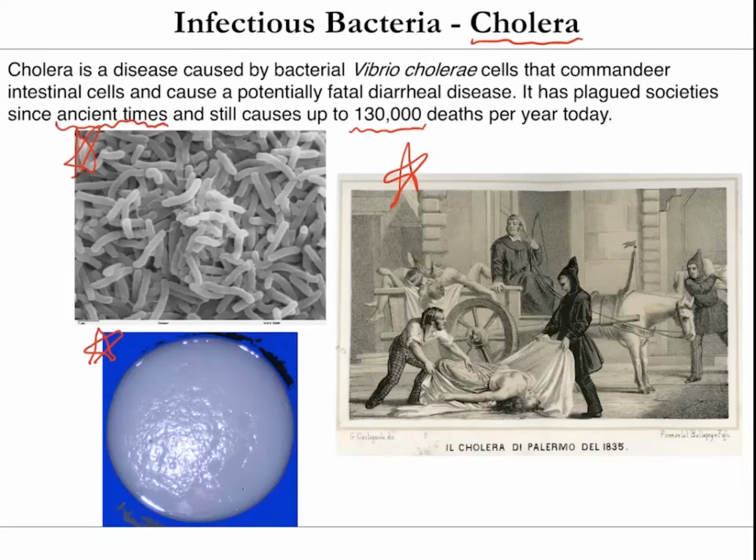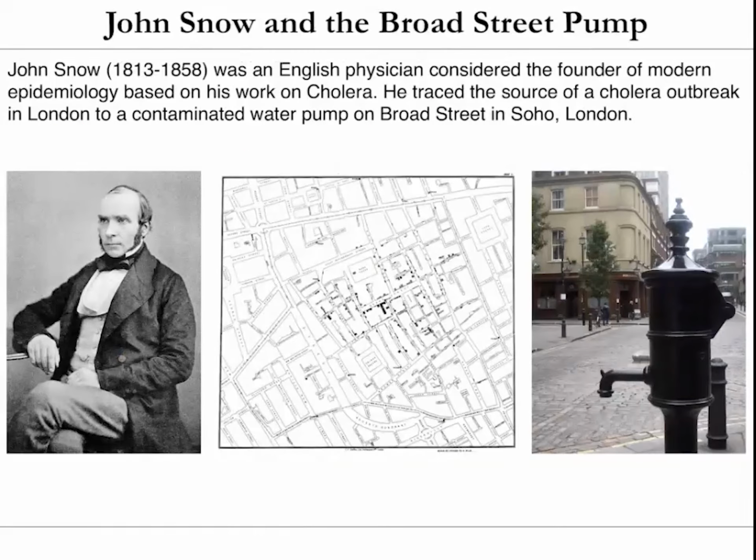It is a bacteria that is definitely not beneficial and that you do not want to get because it can cause a horrible, fatal diarrheal disease. And interestingly, the bacteria cholera actually kicked off what is called modern epidemiology. Epidemiology is basically people who track the spread of disease in an attempt to quell the spread of those diseases. The person who's considered the father of modern epidemiology is this guy here, John Snow. He lived in the 1800s, and he was an English physician, and he's considered the founder of modern epidemiology because of his work on cholera.